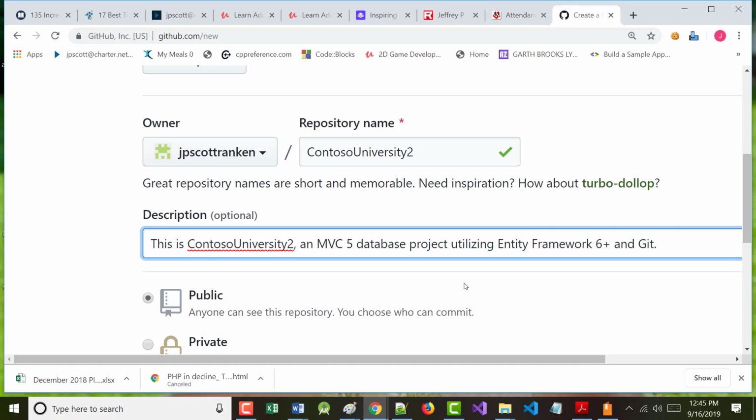But the point is, if you're going to work on a job, you should put something in here that's professional. If this is going into your GitHub repository and you're going to make it available for possible future employers, you want what's in there also to be professional. I take it everybody's got that.